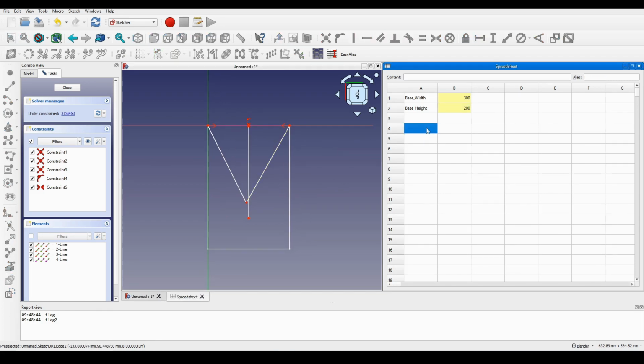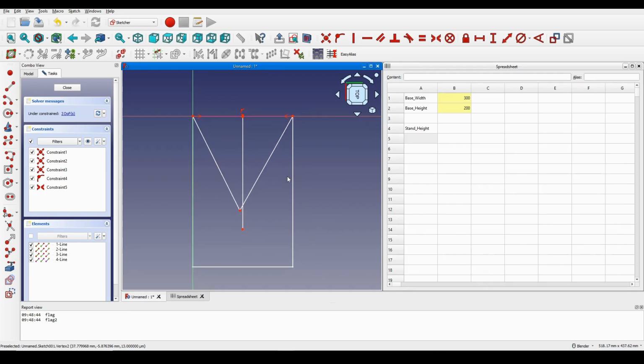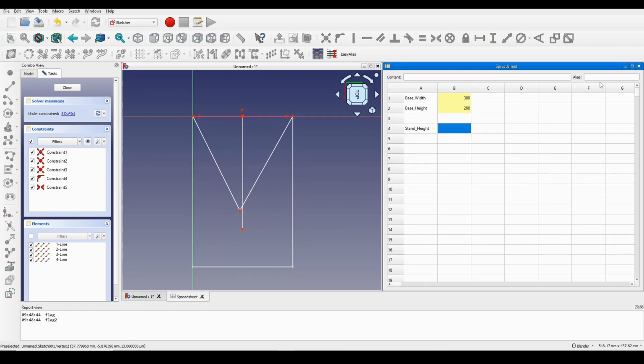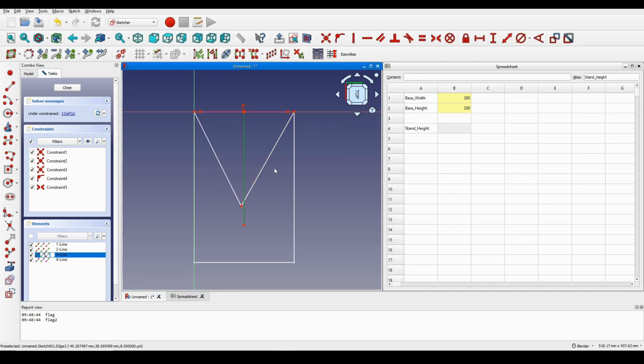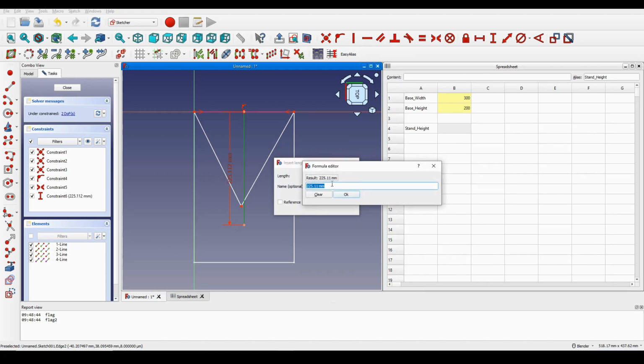Let's see. I will set the stand underscore height. Okay, something like this. And I click on here, and I also set in up here stand underscore height. Okay. Now I go back here and select this one, hit I, and click on the FS and Spreadsheet, and choose the stand